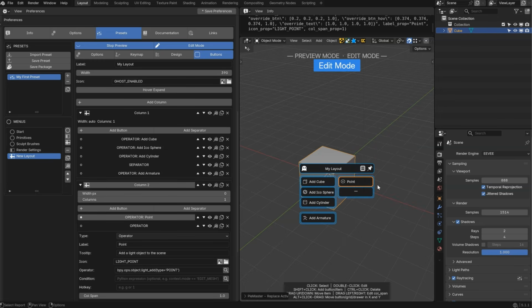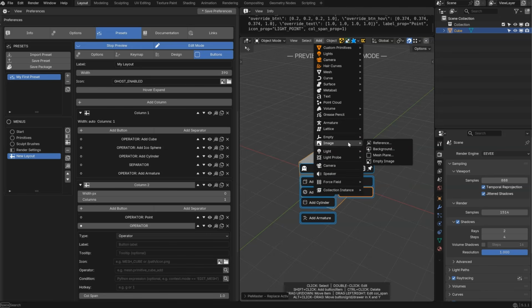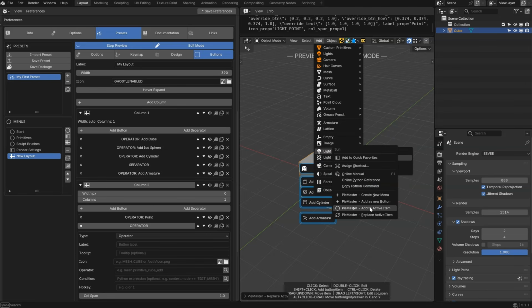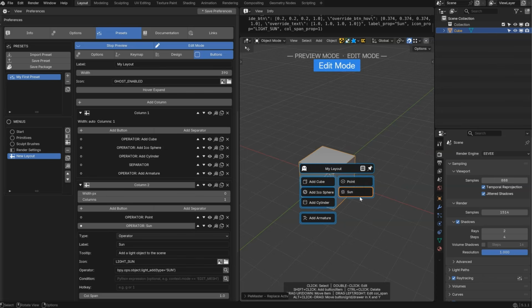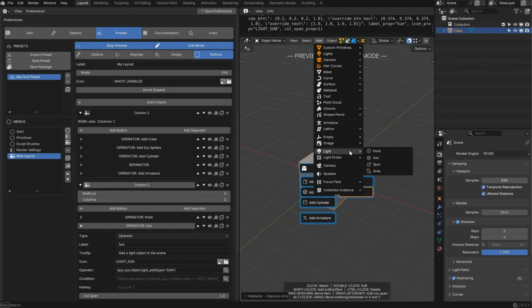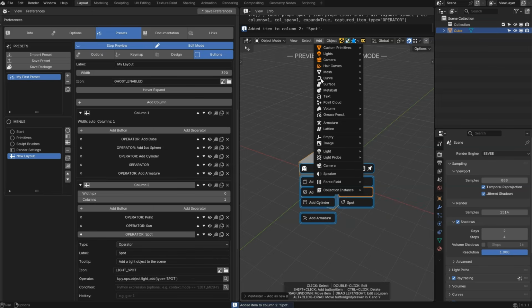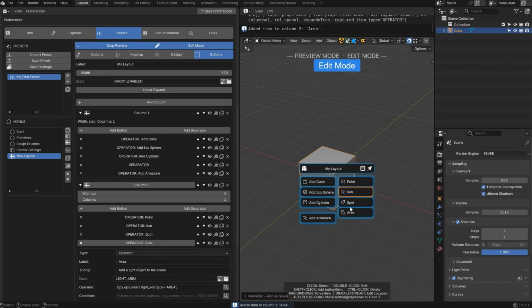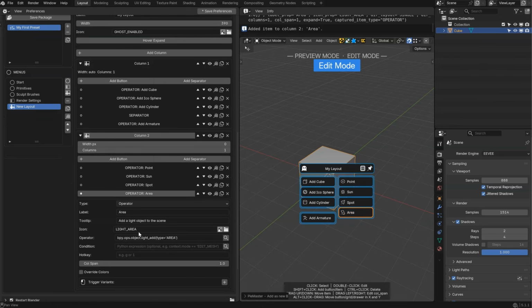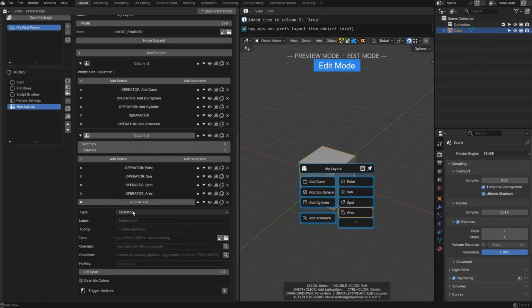Replace. Okay. Let's select this one. Let's add another light. Up, the sun, replace. Okay. Let's add the last light. Let's add as new button. Okay. And the last one, area, add as new button. Okay. And just like that, imagine I will add after this one up a new button that will also be